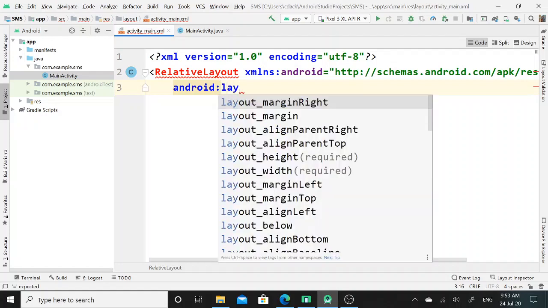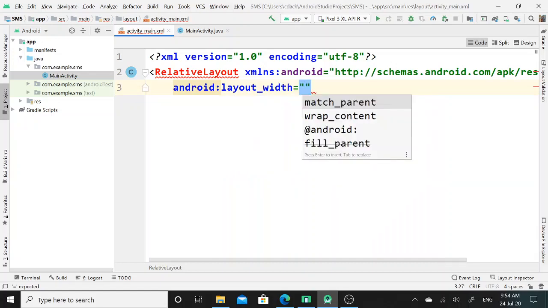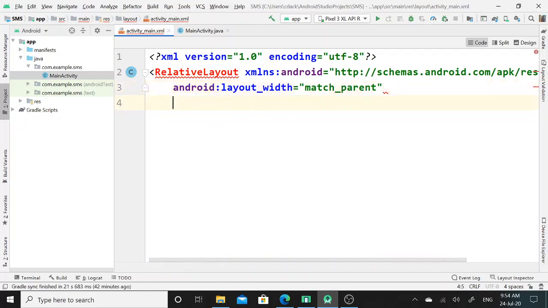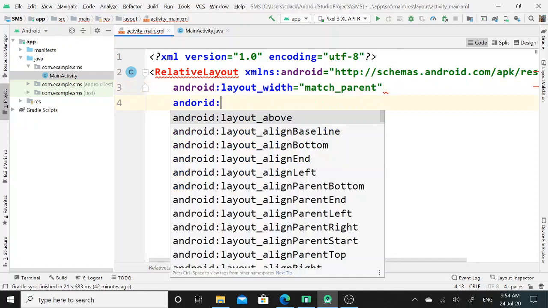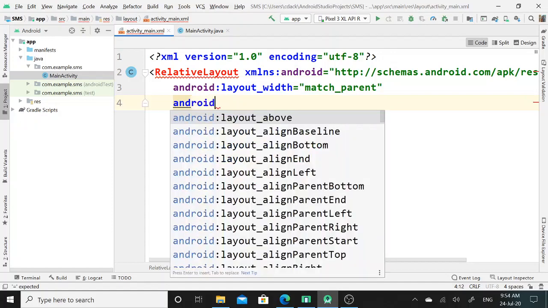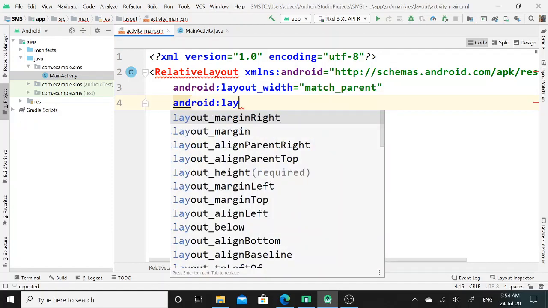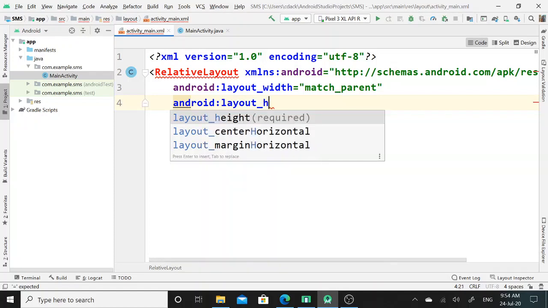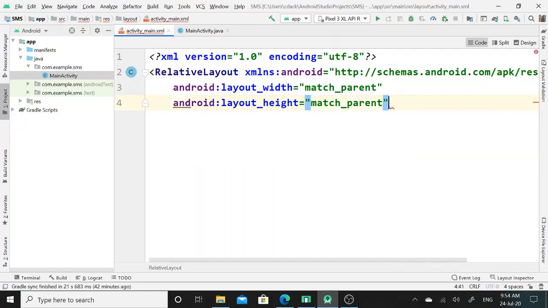Now I will set layout width, that is match parent, and now I will set Android layout height, it will also match parent. I will close this relative layout XML tag.